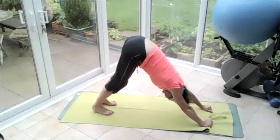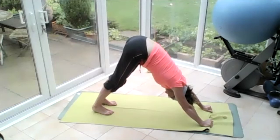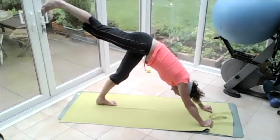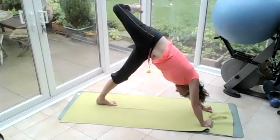Breathing in. Breathing out, loosen that head and neck. Good. Stretching through those hamstrings, pushing with those heels. Take that right leg up into the sky, pushing that left heel down. Bend that right knee, drop the foot to the floor, knee to the sky,